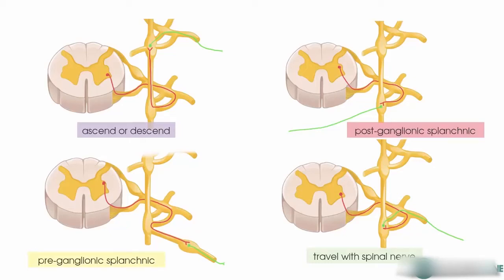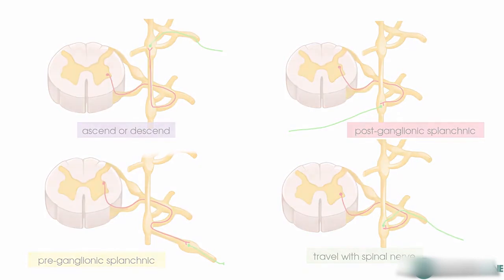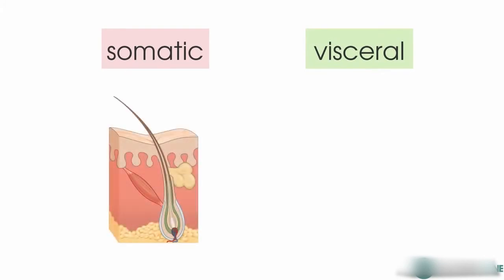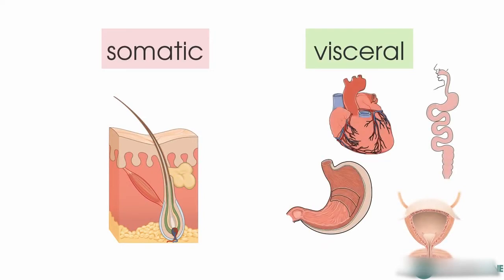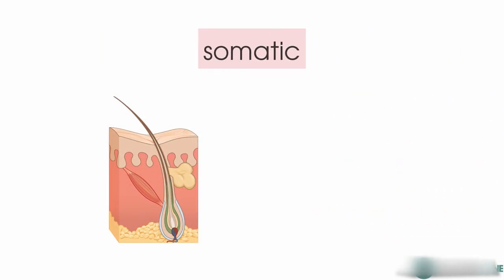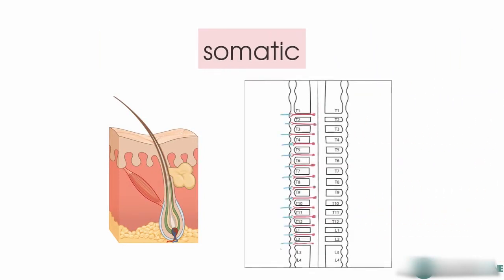Now I'd like to take a look at examples of these different paths that the sympathetic fibres can take in the body. The branches of the sympathetic chain have somatic and visceral distribution. So somatic relates to the skin and the body wall, and visceral relates to the internal organs. So each spinal nerve has a contribution from at least one grey ramus, and this supplies a segmental skin area